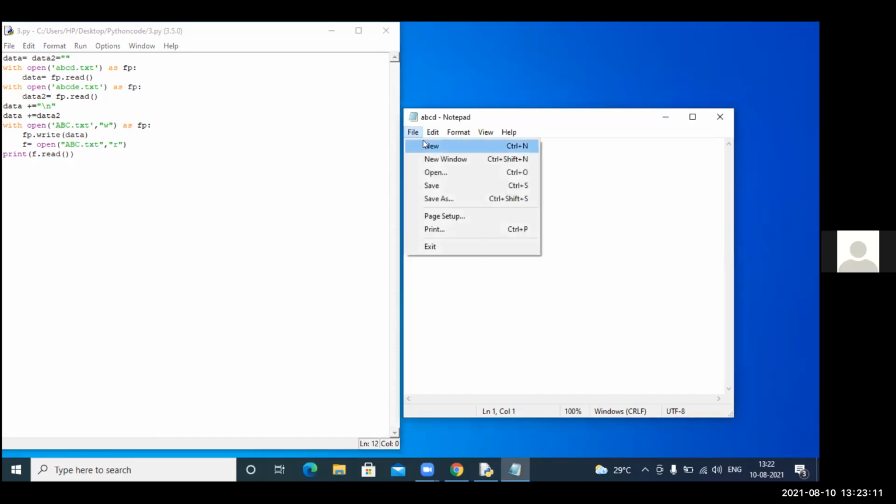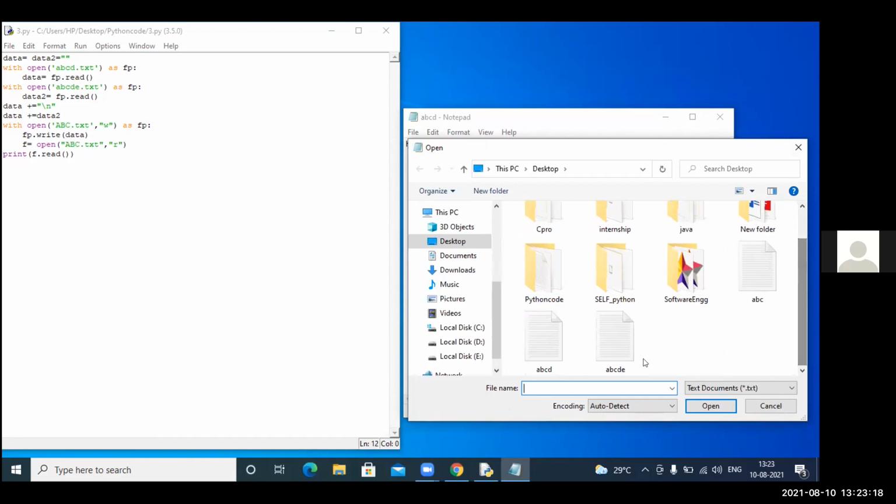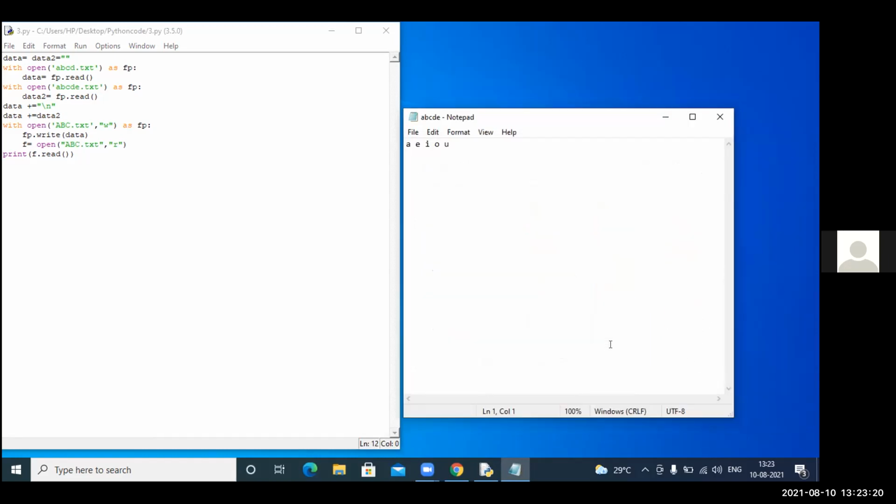Yes, sir, I have given. Okay. Then with open abc.txt, write data. Okay, run the code. What is the error that is coming?